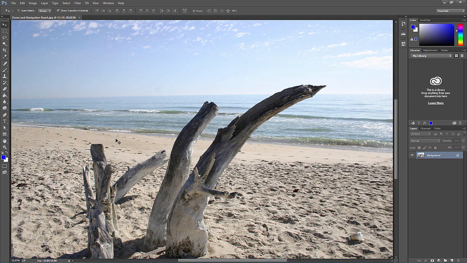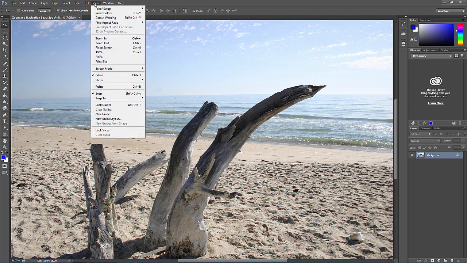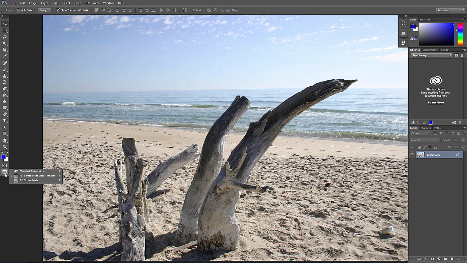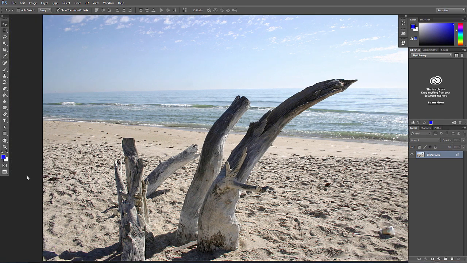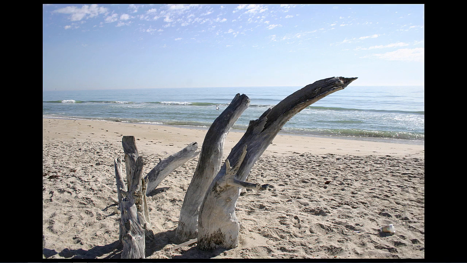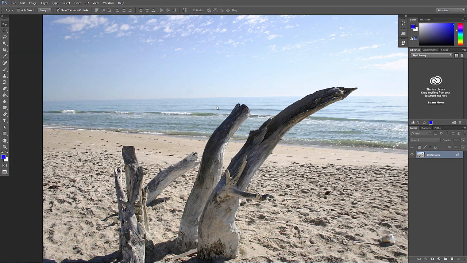There are 3 screen modes in Photoshop, and to toggle between them, we can either go to View, and then Screen Mode, and select a screen mode, or navigate to the bottom of the toolbar and click and hold the screen mode options and select one of them. The default is standard screen mode, and then we can cycle to full screen mode with the menu bar and